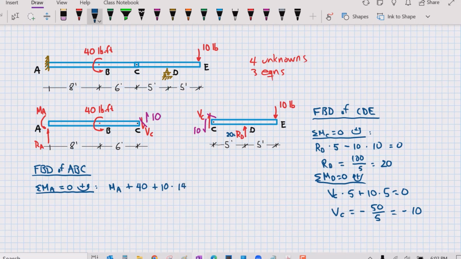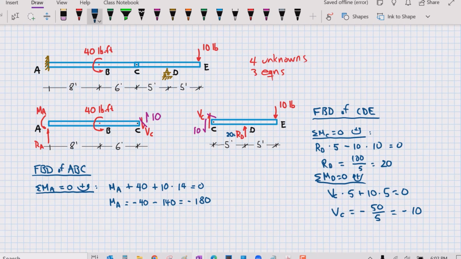That's it, right? Because RA times 0, so equals to 0. Moment at A equals to minus 40 minus 140,